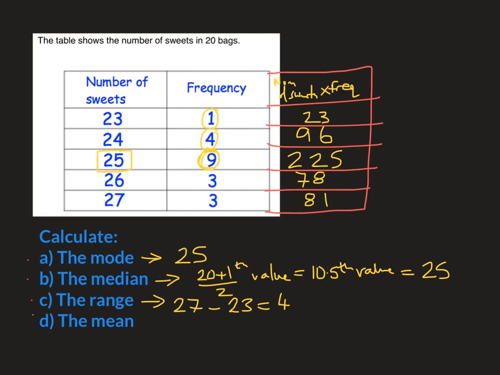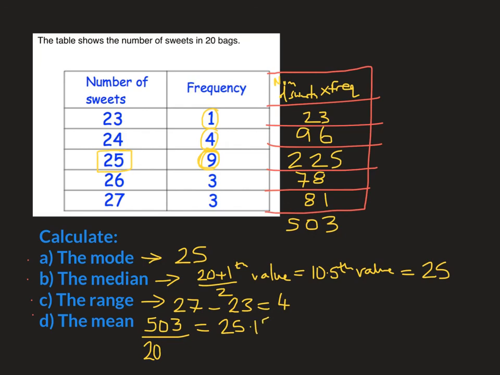So let's add them all together to find out the total number of sweets he had across all 20 bags, which is 503. So the mean is the total number of sweets across 20 bags divided by how many there were, and we should get